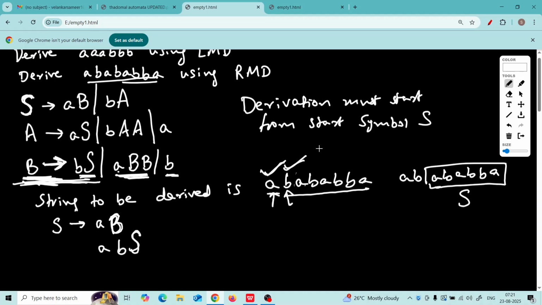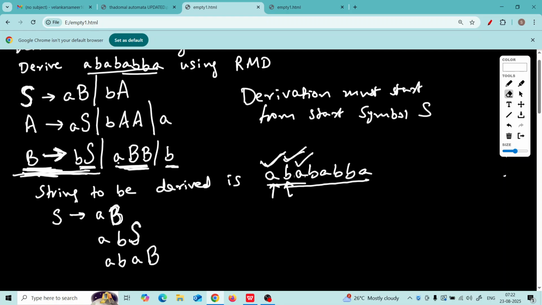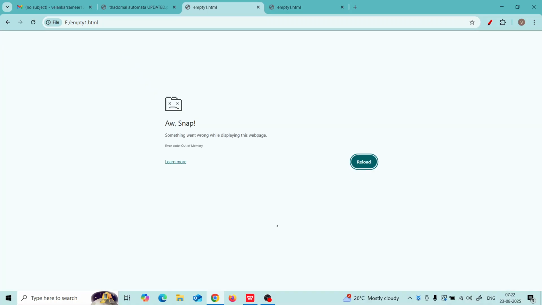Tell me, go back to S. First production. You will obviously use AB because you want A now, isn't it? You cannot use BA. I hope you are understanding. So the next production we will use is AB, and S gives us AB. Successful in generating A again. See, the first three letters are generated. So are you now following what we have generated? What have you generated now? Just check. We have generated ABA. Notice, we have generated ABA, correct? And somehow we want BA, BBA to be generated.